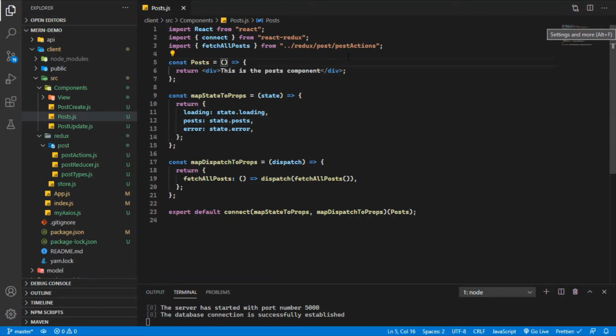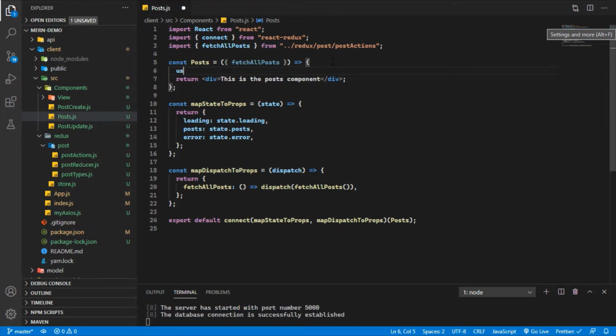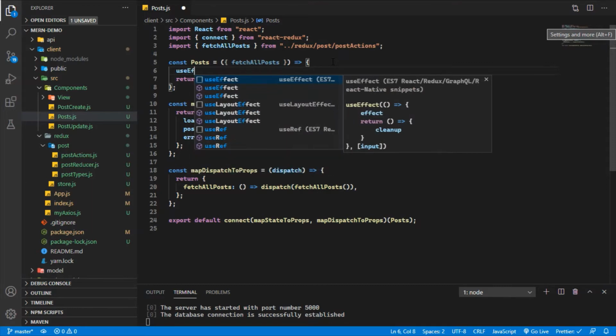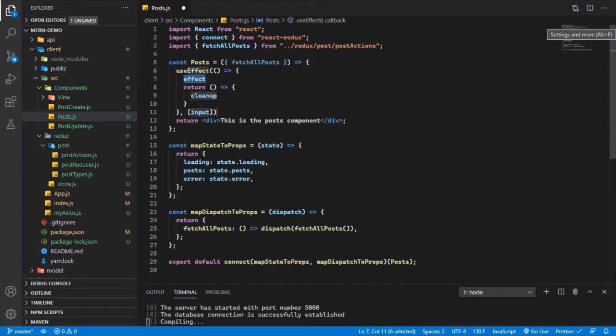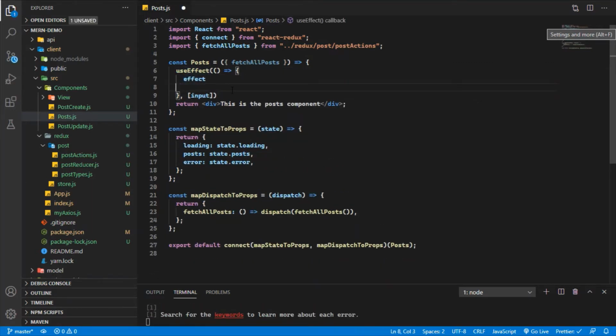First of all I'm going to get this method fetchAllPosts from the props part, and after that we are going to use the hook useEffect, and let me remove the cleanup part.